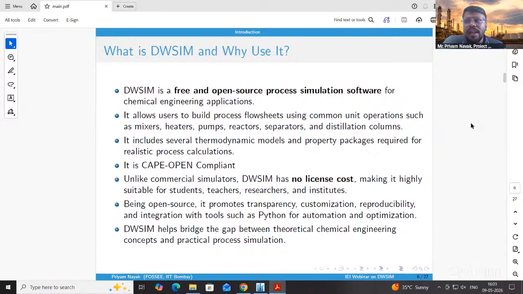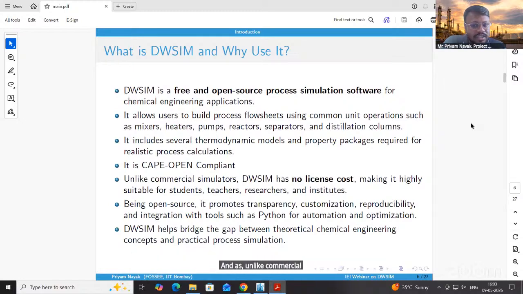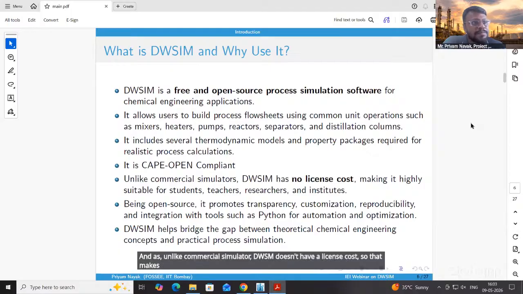It's a Cape Open compliant tool. When I give you the demo, I'll explain what exactly I mean by Cape Open compliant. This is a very big thing for a software to be Cape Open compliant. So when I give you the demo, I'll explain what exactly Cape Open compliant means. And unlike commercial simulators, DWSIM doesn't have a license cost, so that makes it highly suitable, especially for students,